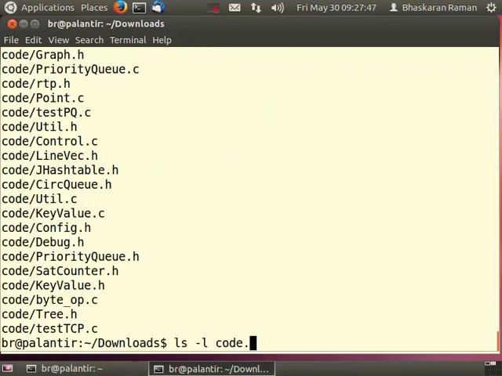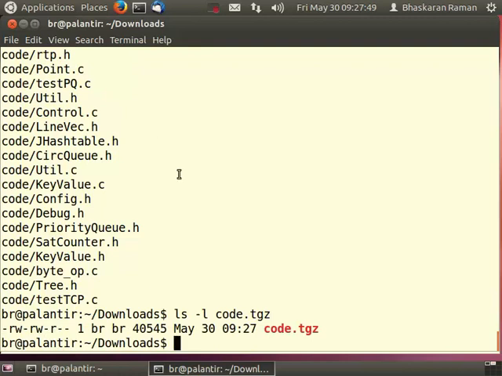Now it has created the file code.tgz. Now let me explain a little bit of this command. These are the various options of tar. Z stands for zip, which is a mode of compression. C says this argument and its contents have to be put into this particular file. V is for verbose, and F says that this is the file which should be the output of the zipping